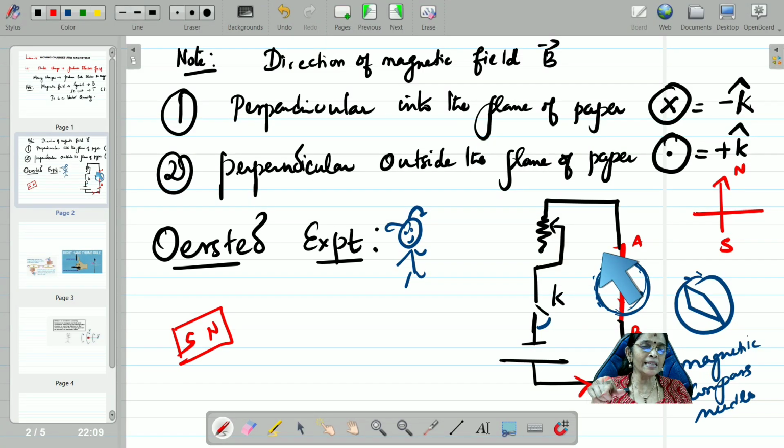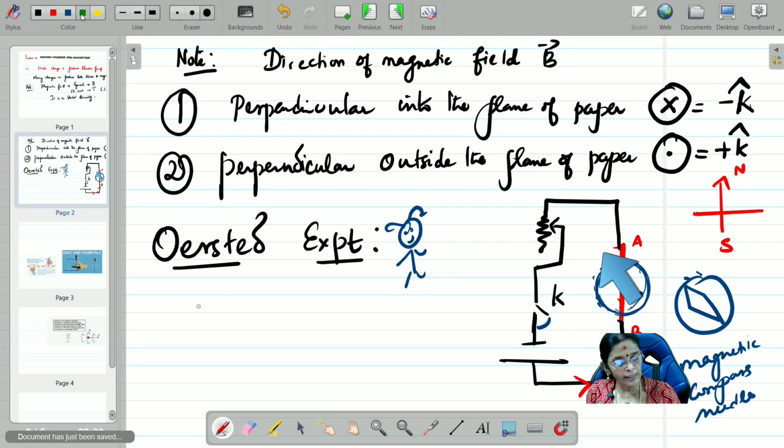I have told you an example. You take a balloon, fill it with water, and whenever you are moving with the balloon, the water molecules will not move up and down. Instead, they will be moving left and right, or you can say in circular motion, that is nothing but the magnetic field. It is only due to the relative velocity. The same way here, the magnetic compass needle was oscillating like that, which shows that there is some magnetic effect present around the wire. So he was able to conclude finally.